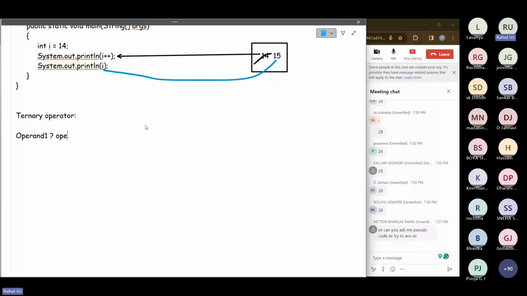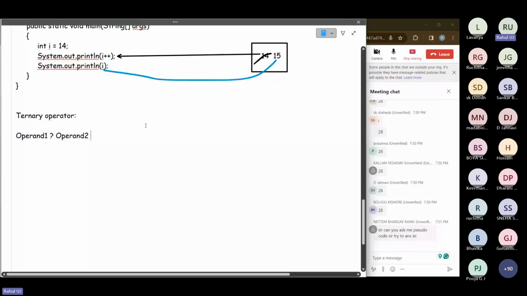Operand 2, colon, operand 3. Okay. So totally how many